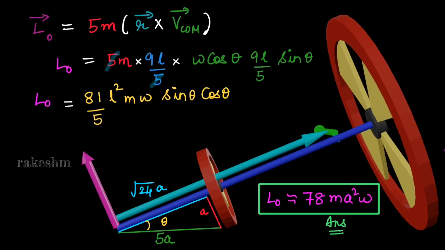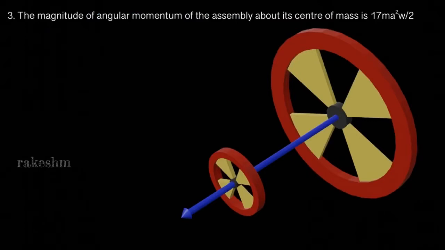So in this expression, if we put the value of L as root 24a, sine theta as a by 5a and cos theta as root 24a by 5a, we get the value of L0 as approximately 78 ma square omega. In the option given, it is 81 ma square omega, so that is not a correct option. The next option is the magnitude of angular momentum of the assembly about its center of mass is 17 ma